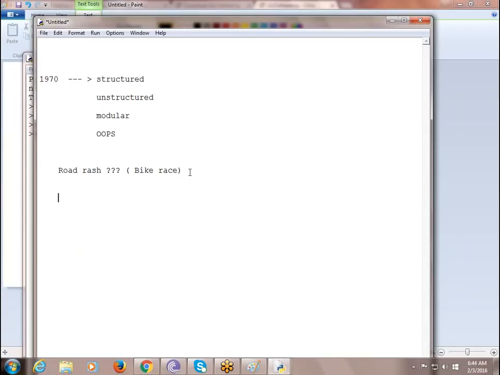In the Road Rash game, the bike usually goes in the forward direction. In the opposite direction, you will face some obstacles. The obstacles may be a car or rickshaw or cycle or auto, some other objects, right?